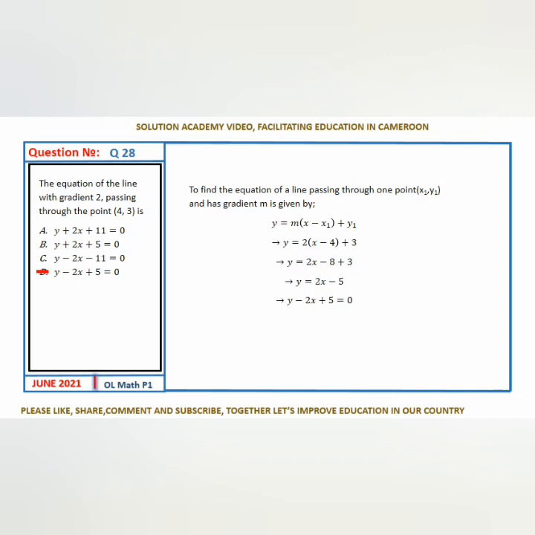Note that whenever something is crossing an equality sign, the sign has to change. If it was negative, it becomes positive, and if it was positive, it becomes negative. So to this effect, our correct answer here is